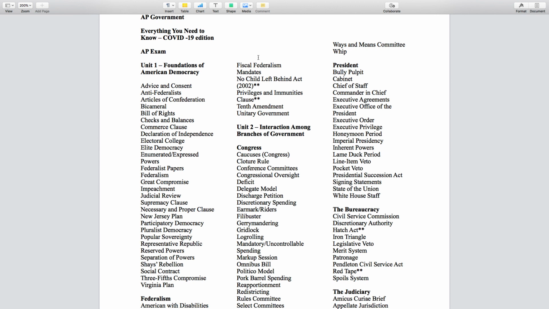Okay, unitary government. A unitary government means it is just one central government. All right, so in the UK, they have a unitary government. They don't have the regional governments like we do in the United States. It's the opposite of federalism. You just have one central government. Therefore, policy in a country that has a unitary government is going to be unified. You're not going to see those disparities between spending on things like education like you do in the United States.